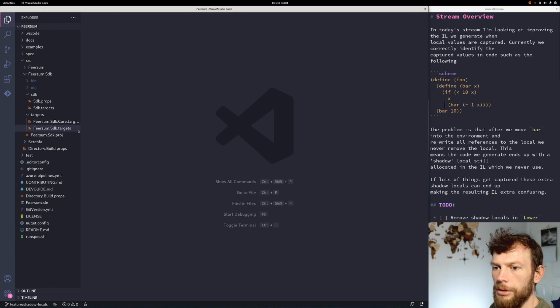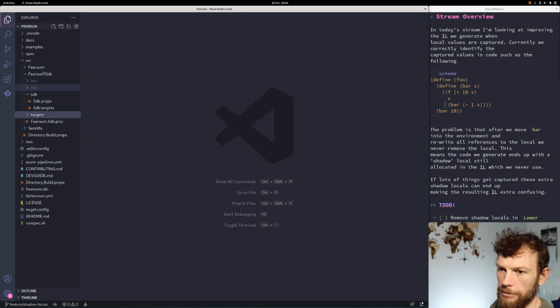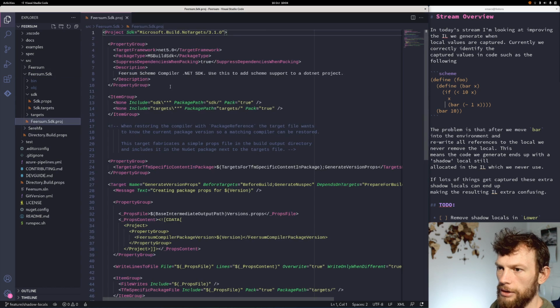So the way that we've implemented it is we have this new Feersum.sdk project, which is